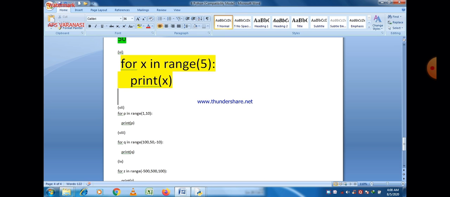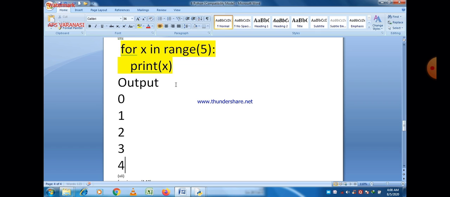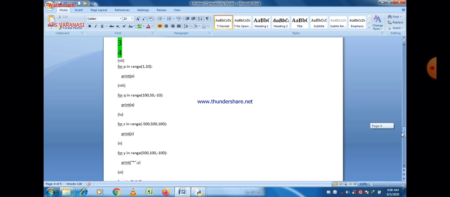I think it is very simple to understand and implement. Zero to 4. By default the starting value of the loop is 0.